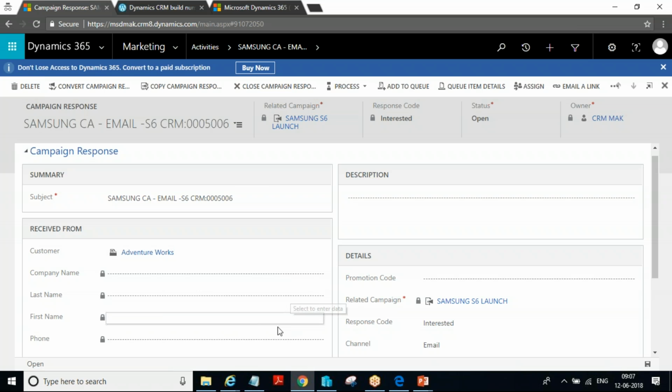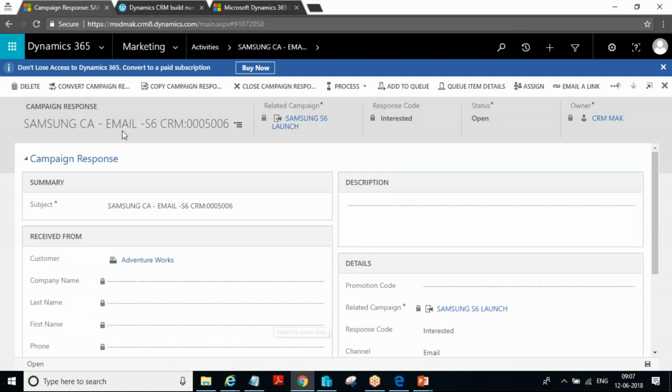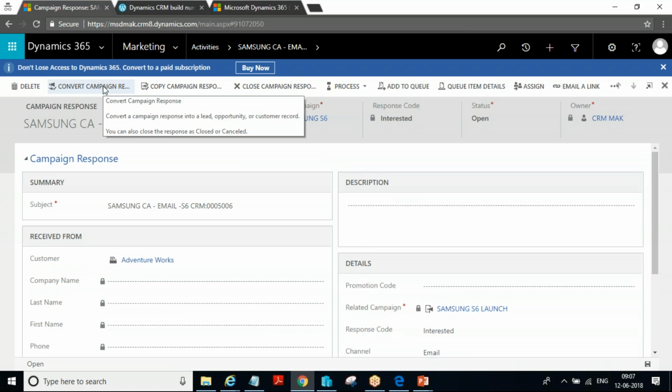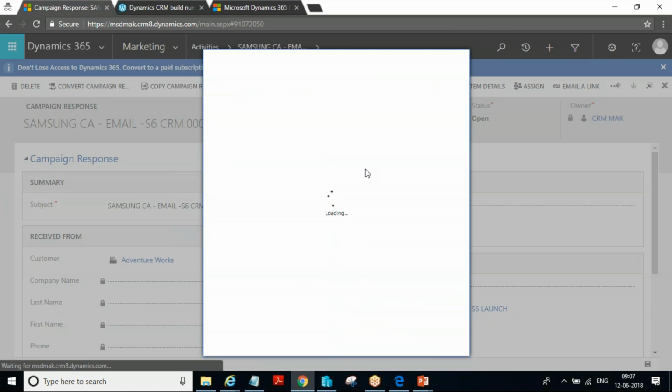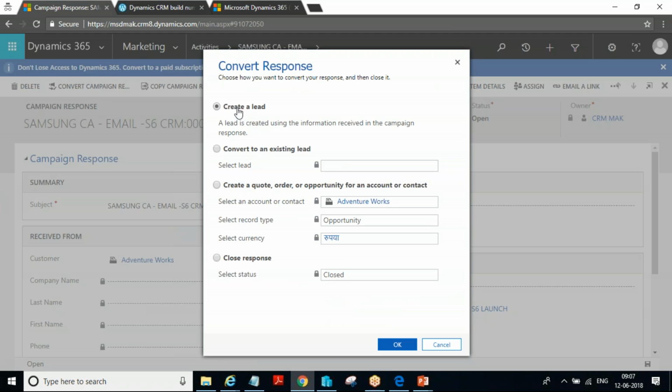Now, once a customer is interested in our product, we will convert that campaign response. What is a campaign? Campaign is an advertisement. We have an option here to convert this to a new inquiry, or to an existing lead where one customer can purchase multiple products.